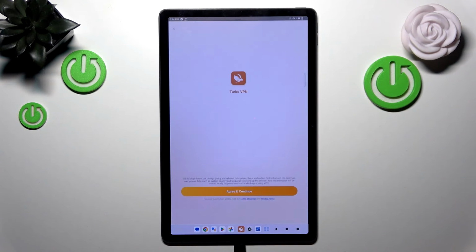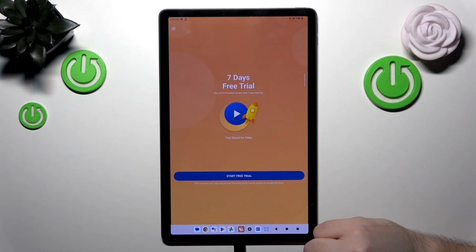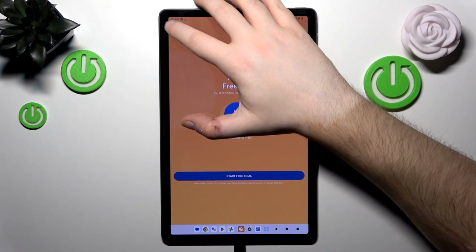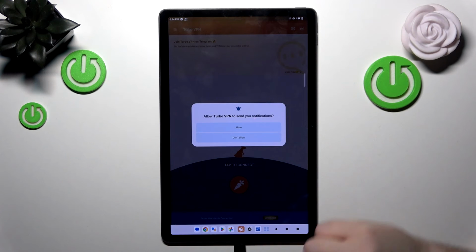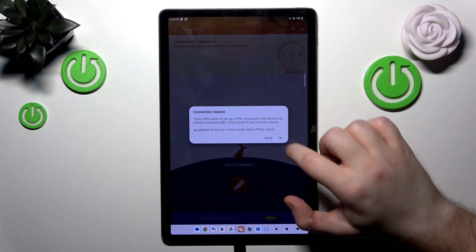Now you can click open and then click agree and continue, and then you can close this ad, and then click allow and click on consent and click on this button to start your VPN